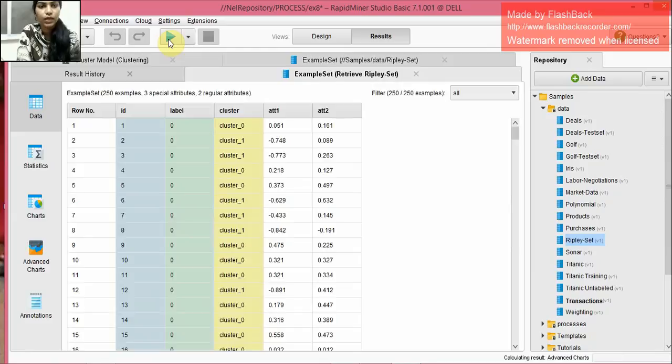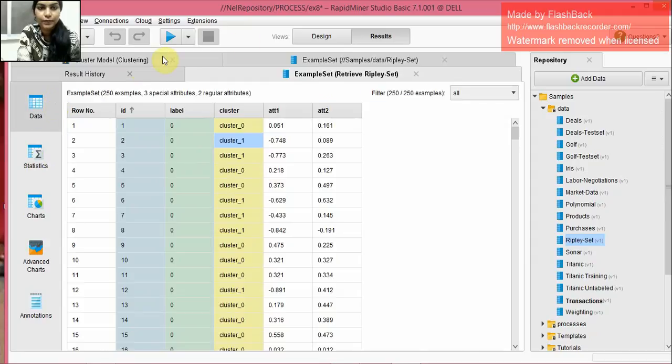After we run it, we get the output. This is our output, and we see that in addition to the original example set, we have cluster as well as ID added to this. ID is used to uniquely identify each and every row, and we have two clusters over here, cluster 0, cluster 1,